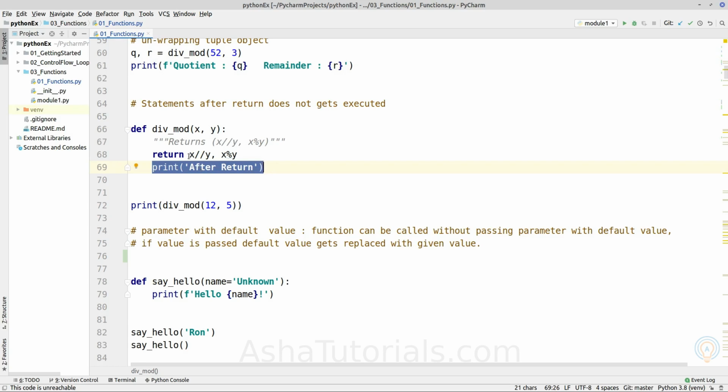So the return statement is not always used for returning something. There are certain exceptional situations when we want to abort further execution of the function.